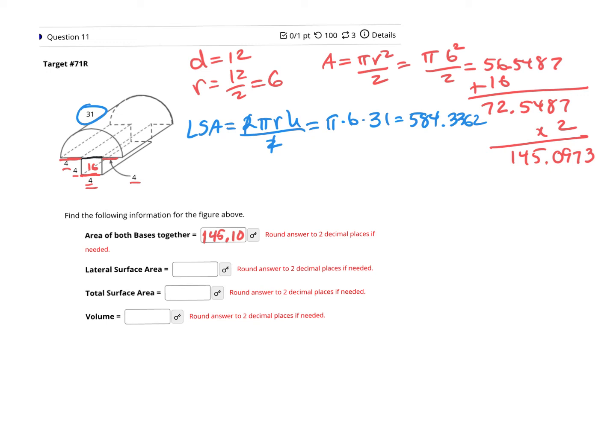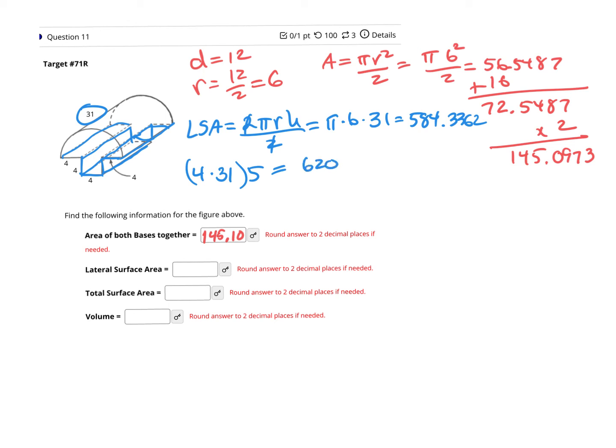Now, it might be a little bit difficult to see, but there's actually 5 rectangles that I'm going to need to find the area of. They're all the same, so that makes it a little bit easier. So I have one rectangle that goes here, I have another one that goes there, I have another one on the bottom that goes there, I have another one that goes here, and another one here. So those are all my rectangles. So all I need to do is take 4, which is the width, times the height, which is 31, and then multiply that by 5 because there's 5 rectangles. And when I do that, I'm going to get